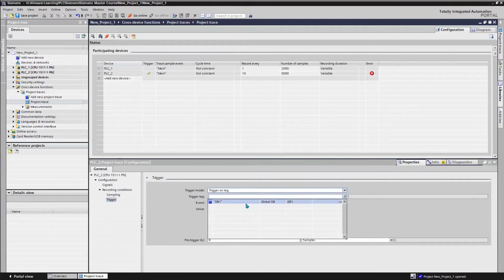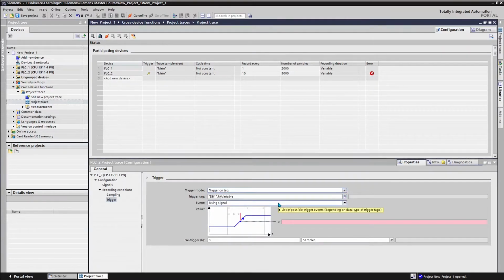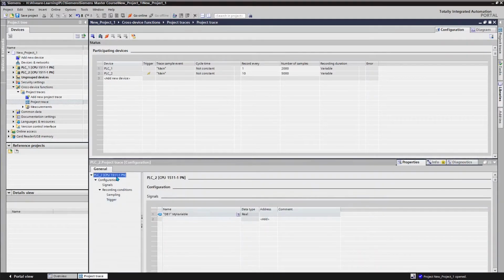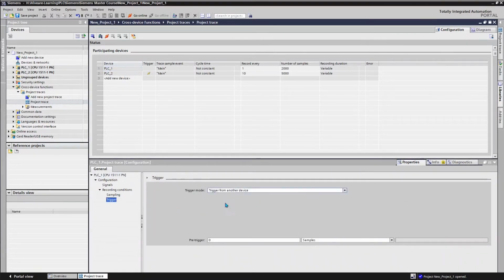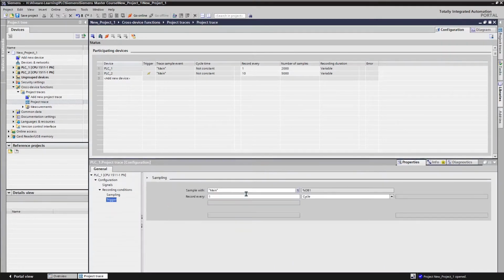You'd have to then go and select a tag, of which I don't have any available really, only this myVariable, which is the one that we are monitoring. But you can say when the value changes, start the event, the sampling event. Just bear in mind that this is only for PLC2. You would need to set up the same on PLC1, which currently has no trigger defined, and its sampling is